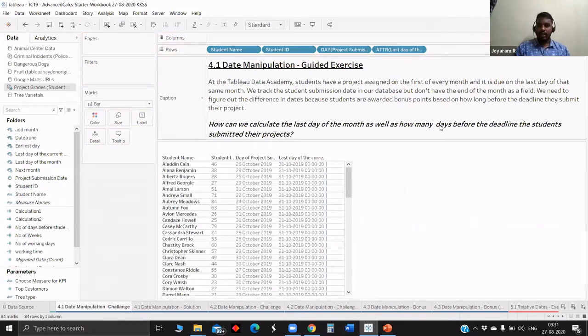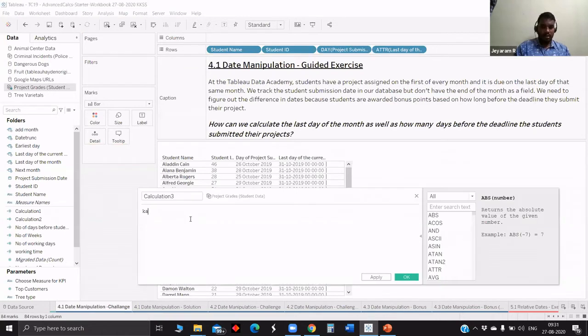So now we have to calculate how many days before the deadline students submitted their projects. So here we have to use the date difference function. Last day of the current month minus project submission date.